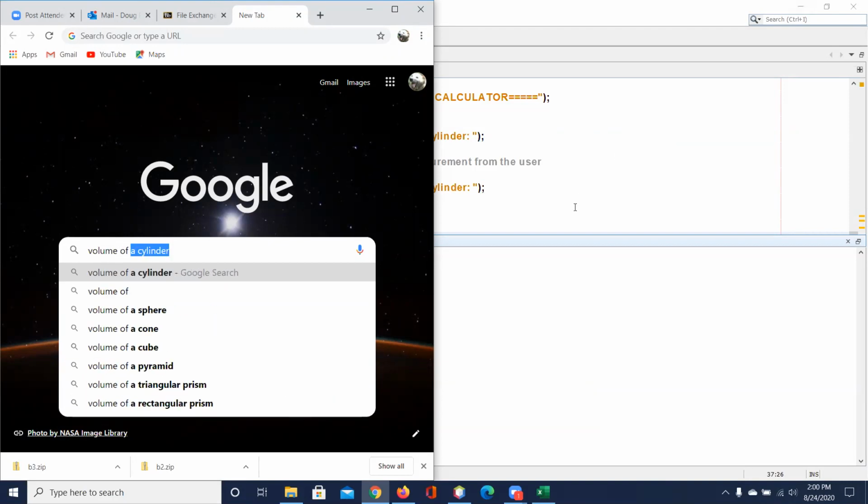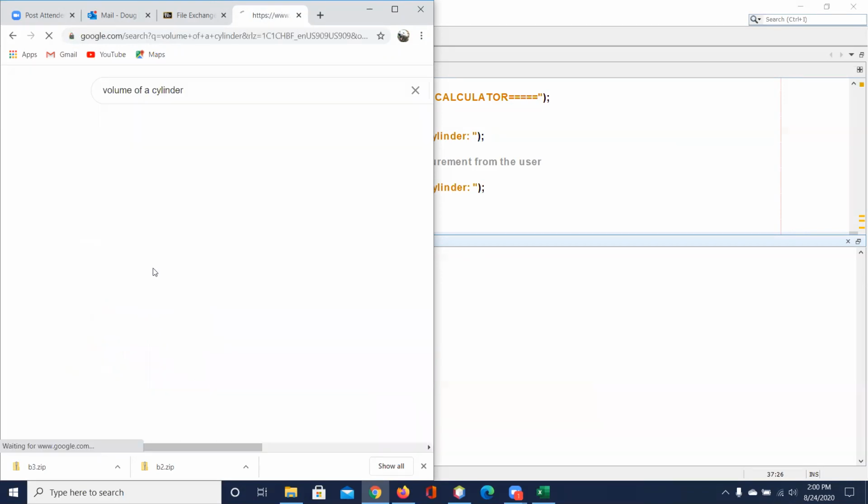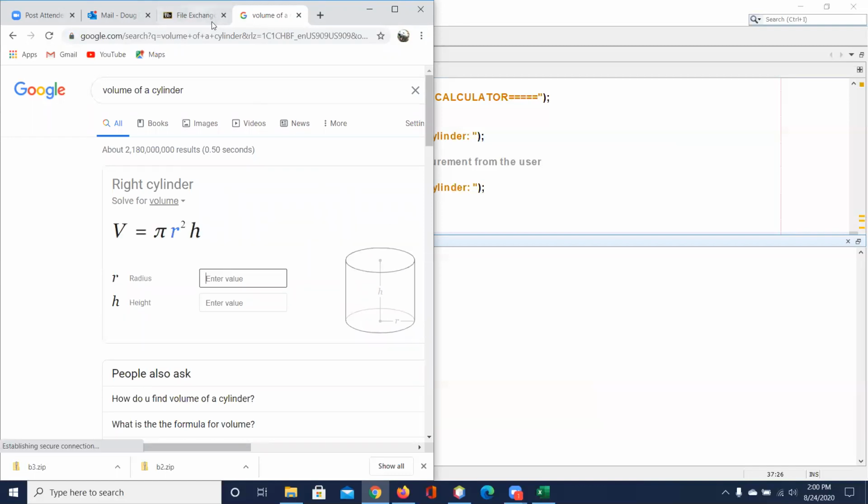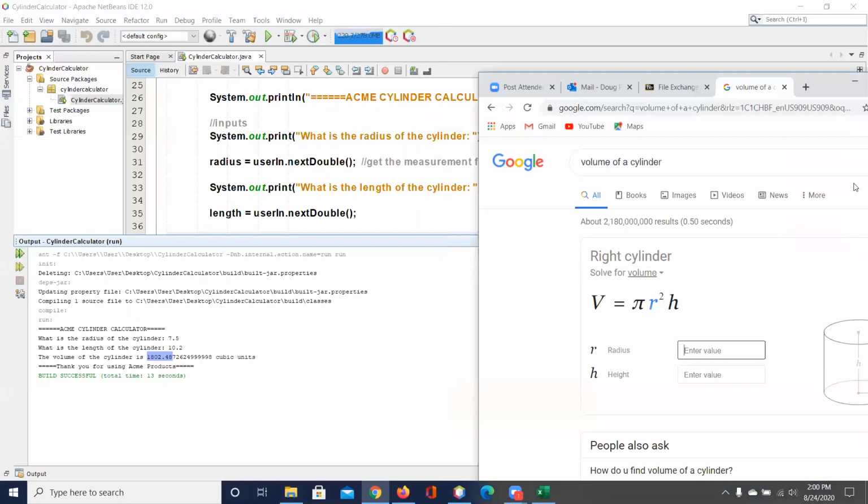There you go, volume of a cylinder. And if I come over here, I type in the radius as 7.5. And then I type in the height or length at 10.2. I can see I come out at 1802.49. And if you look at ours over here,